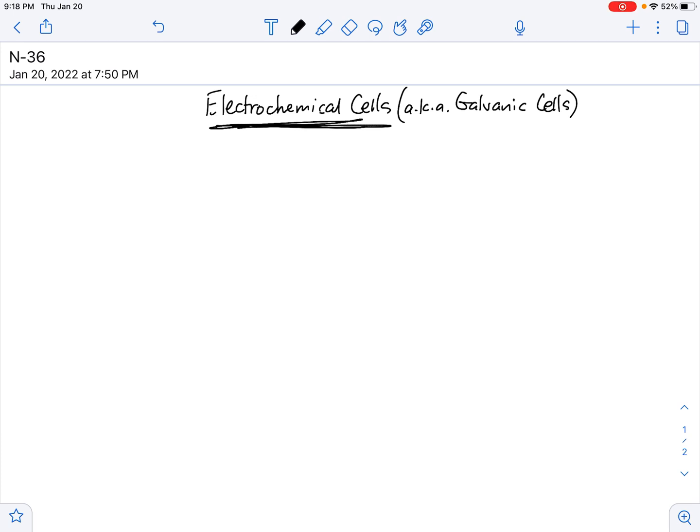And electrochemical cells are essentially the practical outcome of spontaneous redox reactions that are the transfer of electrons. And an electrochemical cell is a very practical thing in that if electrons transfer spontaneously from a reducing agent over to an oxidizing agent,